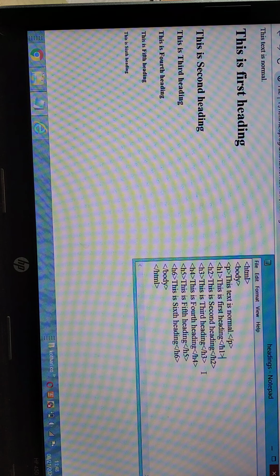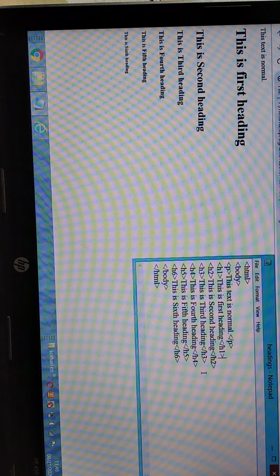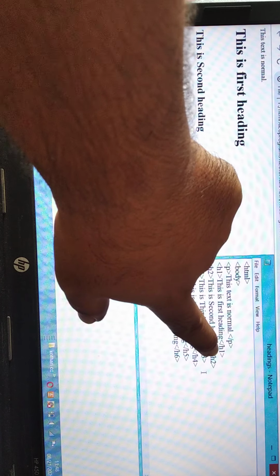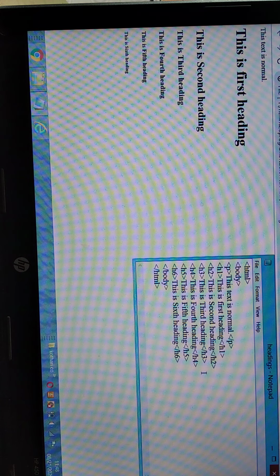So don't try to use the BR tag in between the H1, H2, H3, H4. Directly you can type the different headings H1, H2, H3 up to H6, and whenever you want to use any of the headings in your web page, just use the open tag of that particular heading and the close tag after the text you want to input, where you want to use the heading in your web page.